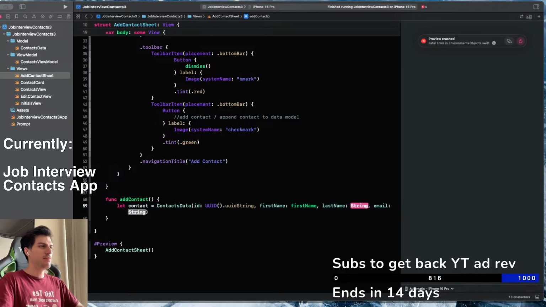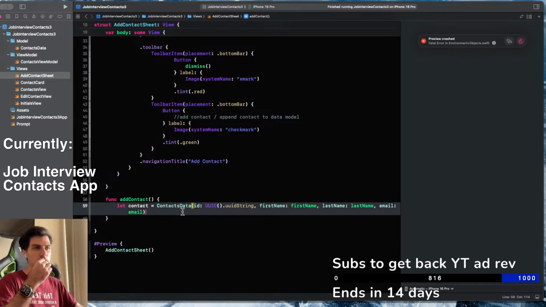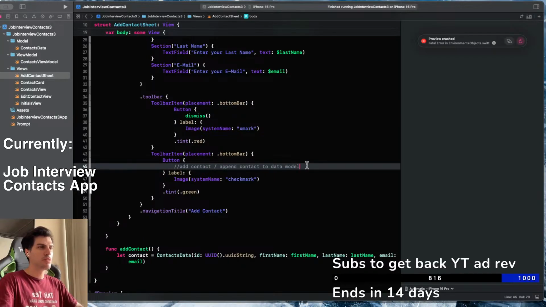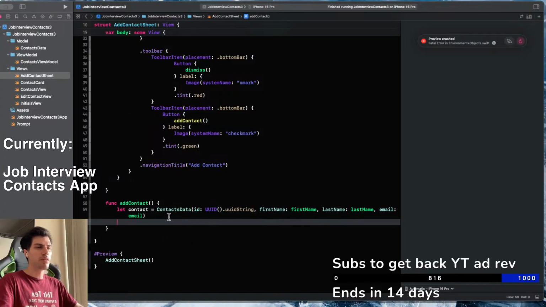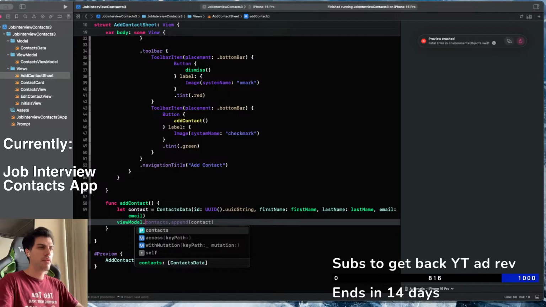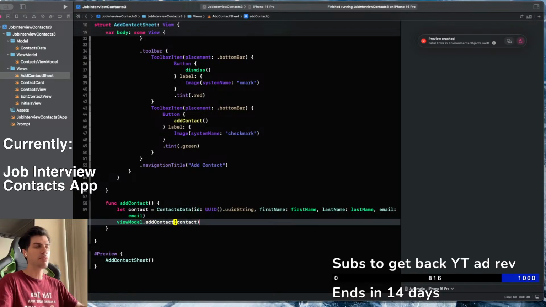This is gonna be first name, last name, email, and then this is going to, what is this, bottom bar, dismiss, X mark. So here, this is gonna add contact, and we're going to view model dot add contact, I think, type of contact,